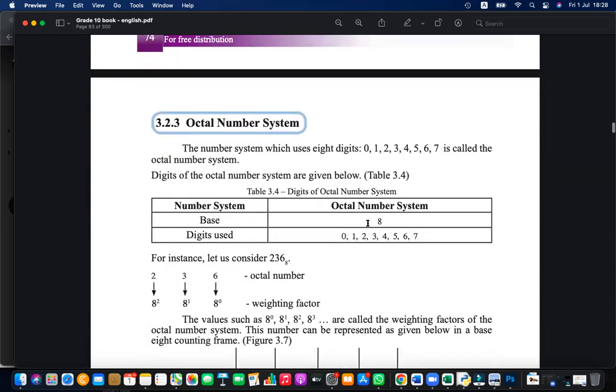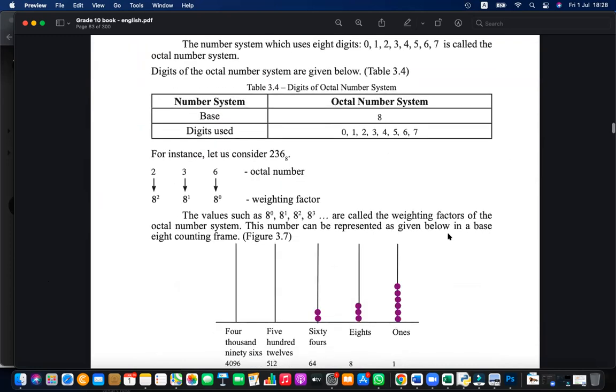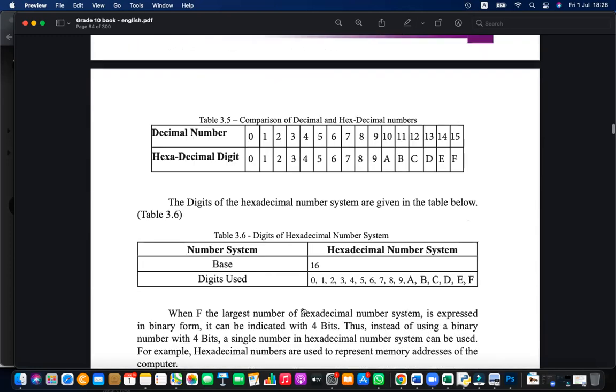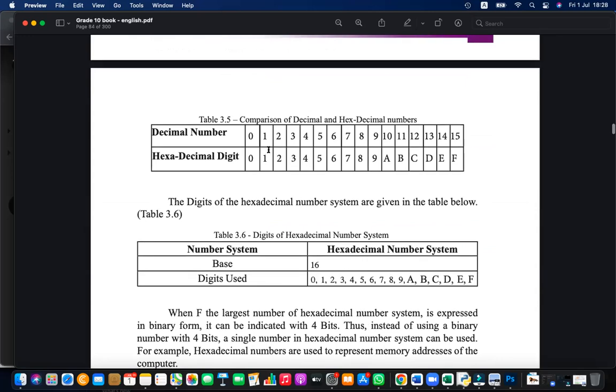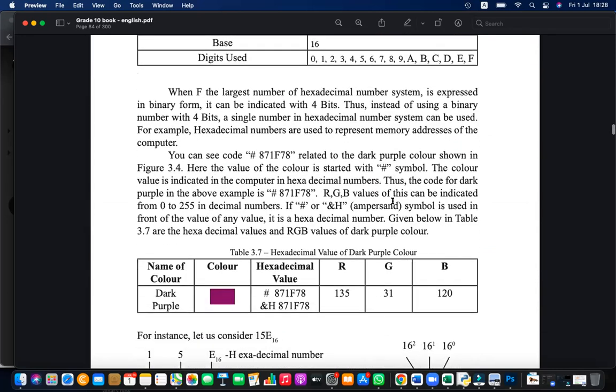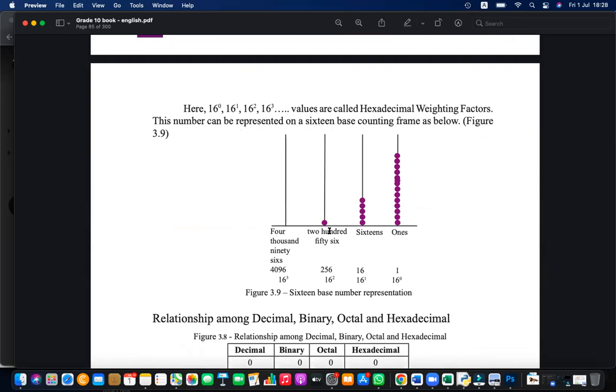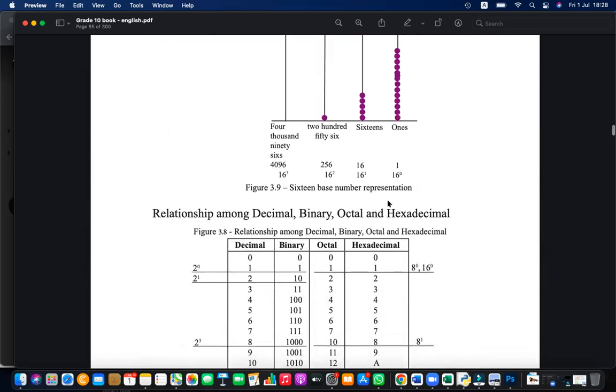In octal, you have 8 symbols, 0 to 7. In hexadecimal, similarly, you have 16 symbols, 0 to 15. We include English letters, because the 10 you can't write using this; you would reuse 1 and 0. Therefore, 10 has a unique symbol, A. Okay, so we discussed this part now, hexadecimal values and representing colors using hexadecimal and